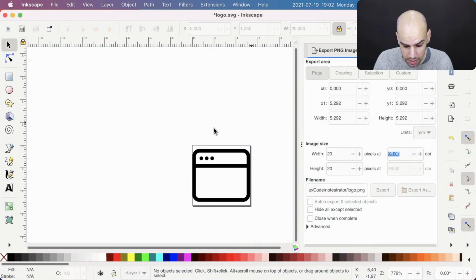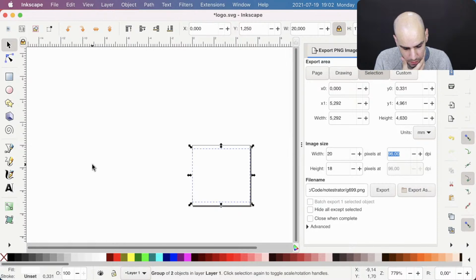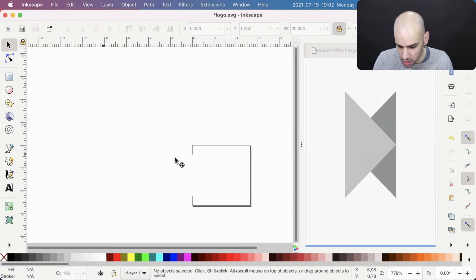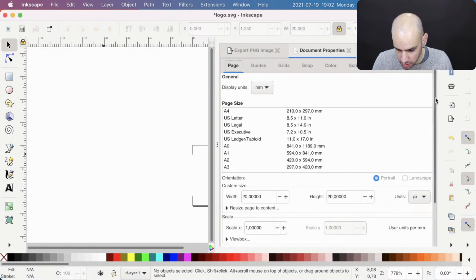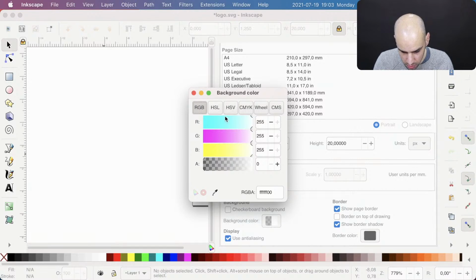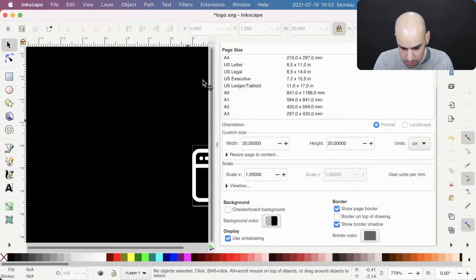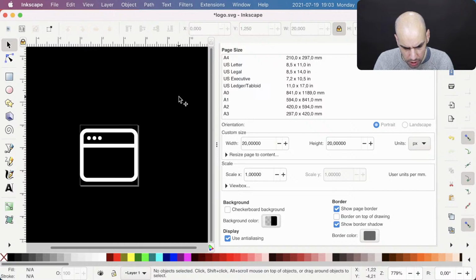Well, let's make the image white, so I can just come here and change this fill, which is black, to white. And then it's kind of hard to work on this under these conditions, but I can make the document background a different color. Background color, and I'll just make it black. But this is just the preview window in Inkscape. It should not export like this. When I export this now